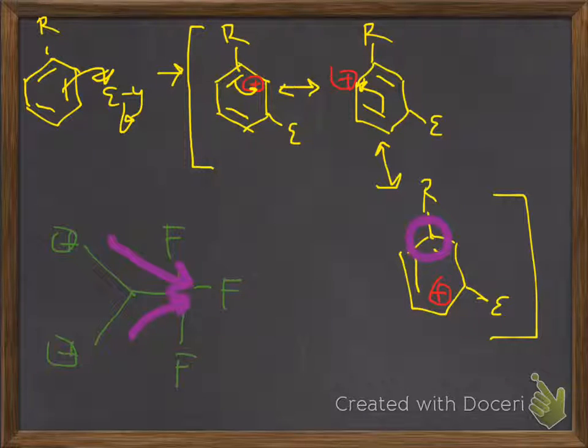On your own, you can work out the mechanism of whenever the electrophile is added in the para position, and when you do, you're going to find out that the carbocations form in the same locations as they do in the ortho position. Okay, so this just goes to explain the reason why we have certain